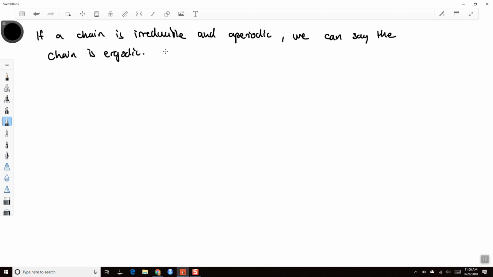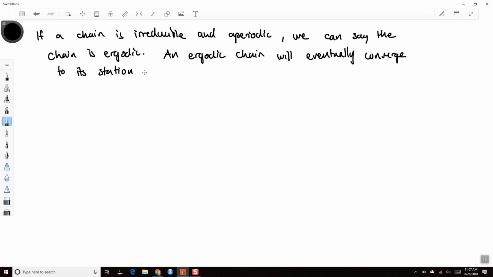And that means an ergodic chain will eventually converge to its stationary distribution, okay? The stationary distribution